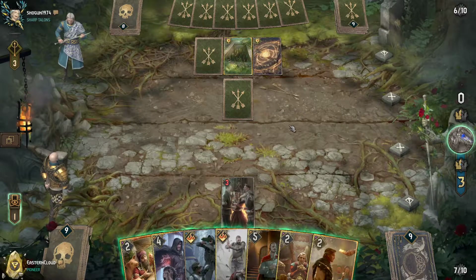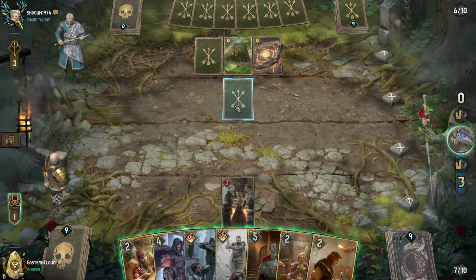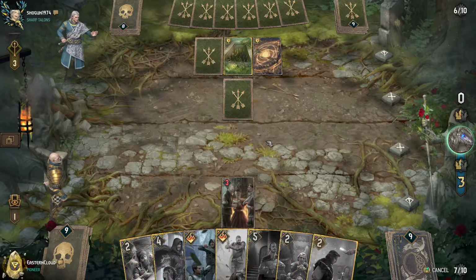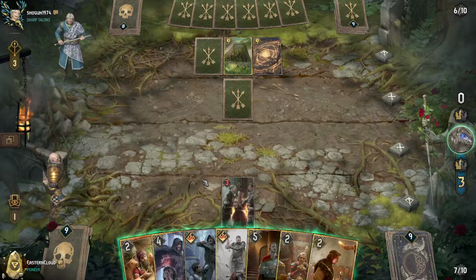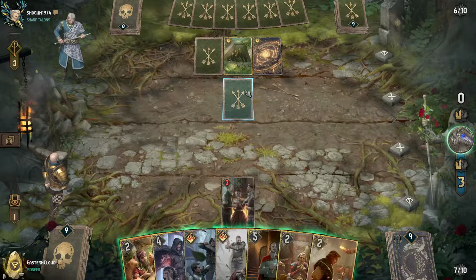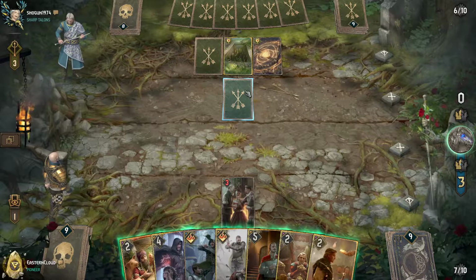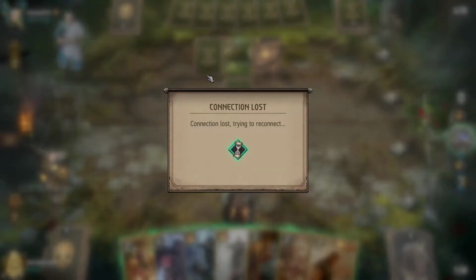Okay, so we know it's not another pitfall trap. It could potentially be another incinerating trap. This is going to be the one for spells. And I can only target you here. So, incinerating, spells, and the one that gives units on the side +4. I know what I'm gonna play. It's going to be very...